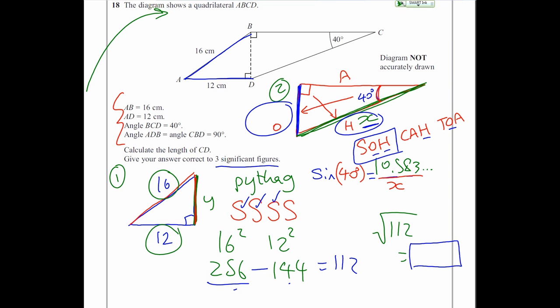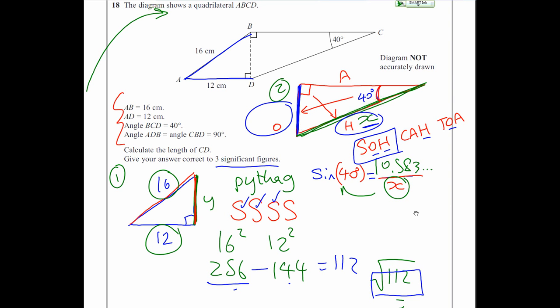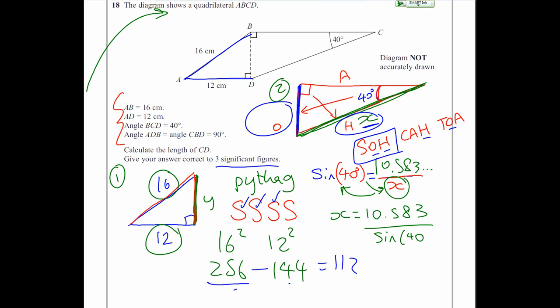So what we're actually going to do to this formula is multiply by x to get x up here and divide by sine 40, all at the same time because we're running out of space. 10.583 divided by sine 40. Get that into your calculator exactly how it's written there. So I press the fraction button first, 10.583 on the top and sine 40 below. By the way, your calculator has to be in degrees here, which it should be anyway. So x equals